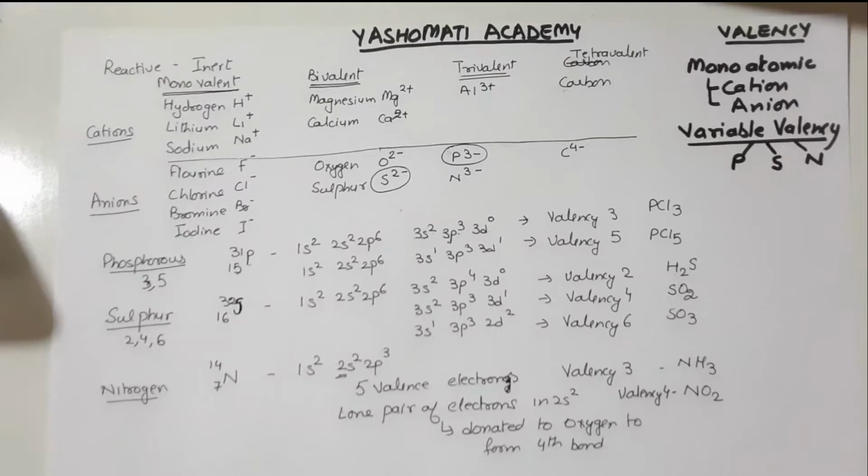So your work will be to go through the periodic table once again, try to find where these elements are lying and try to remember the valencies as well as the concepts, because they will be useful for studying chemical reactions.